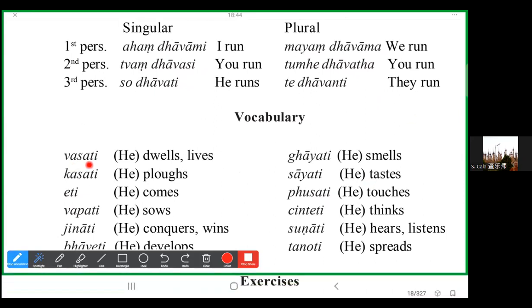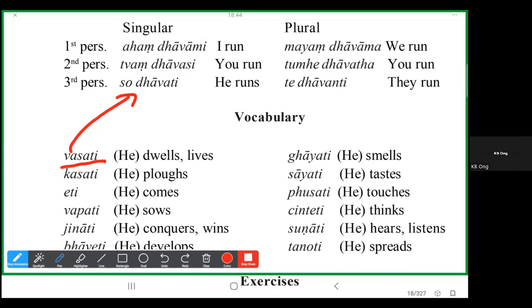So we're going to have this wasati. I need somebody to put the wasati and make it into this form. So instead of dawati, you change it to so wasati. So anybody want to try? Those free and easy students, anybody want to try? So wasati, like te wasanti. All right. Somebody? Anybody? Want to volunteer yourself?